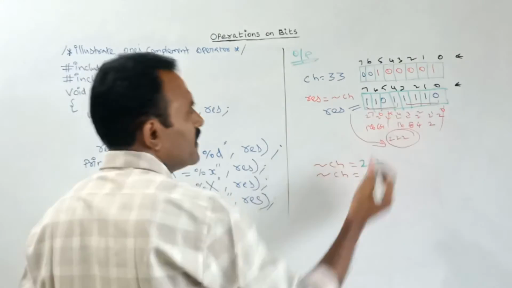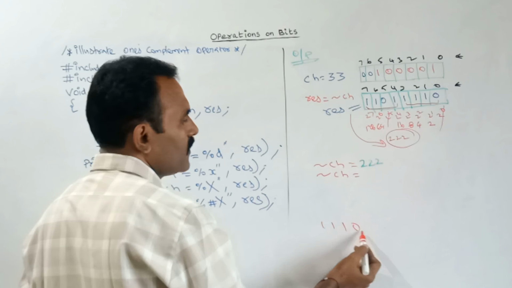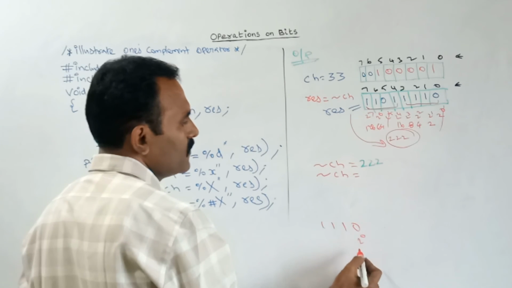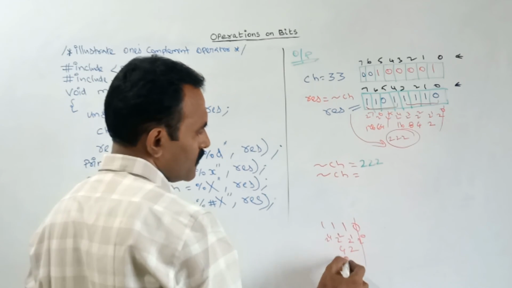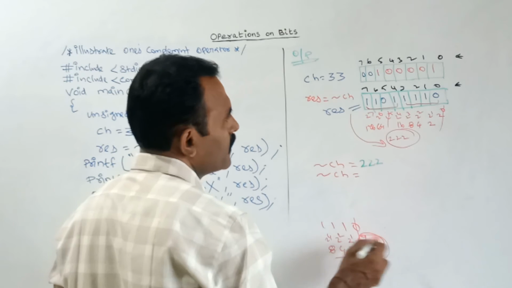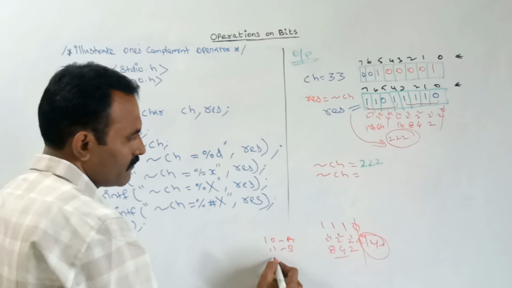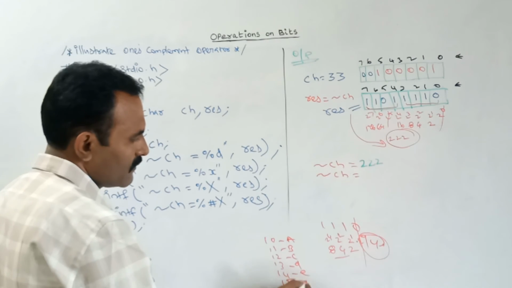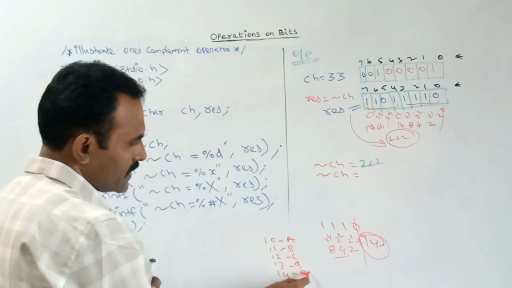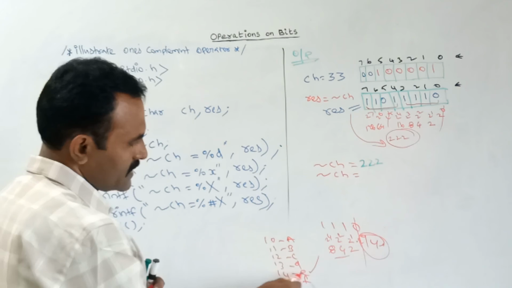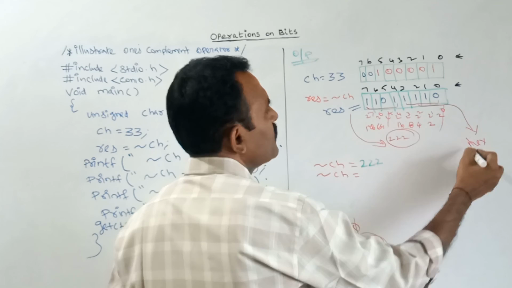See here, this 4-bit binary value is 1110. If you convert it into hexadecimal, what is the value? It is 14. In hexadecimal, for 10 it is A, for 15 it is F, and here this value is 14. So in hexadecimal, this symbol will be displayed, that is E. So for this, the hexadecimal value is E.